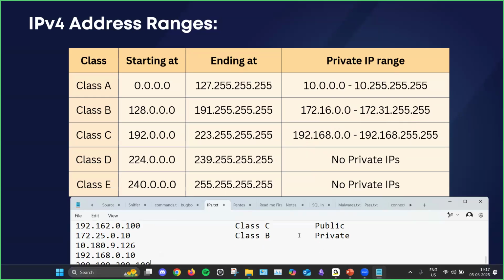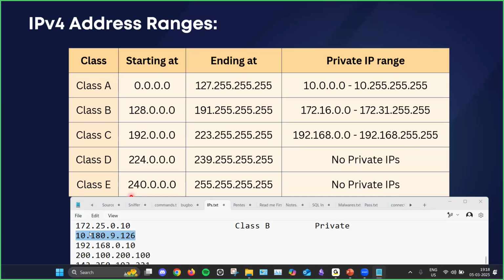Can you give me the answer for the next one? 10.180.9.126. Which class is this, guys? And is it a public IP or a private IP? Got some answers, I guess. Yeah. So I've got one answer as class B,